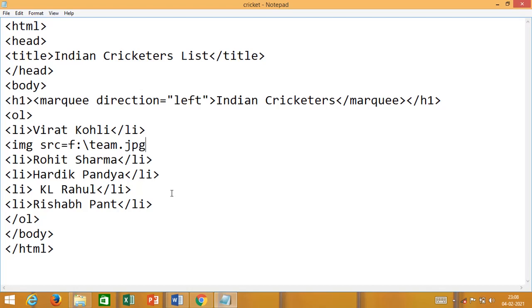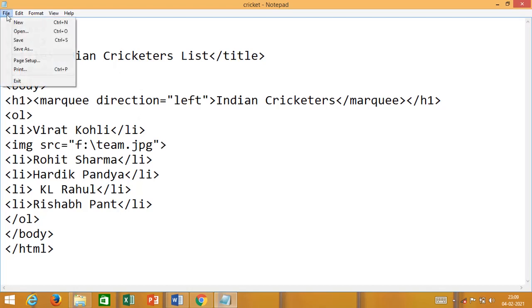Either you write JPG or JPEG. This will be under double quotes, so put it under double quotes, then close it.